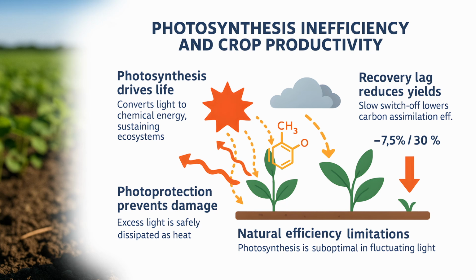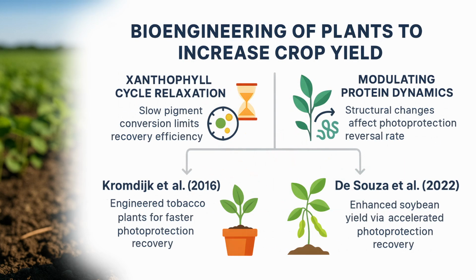Model simulations have indicated that these inefficiencies can reduce crop productivity by 7.5% to 30%, depending on canopy structure and environmental conditions. One of the key contributors to this lag is the slow relaxation of the xanthophyll cycle, a process that regulates the conversion of specific pigments involved in energy dissipation. Additionally, the conformational dynamics of light harvesting complexes within photosystem II further modulate the rate at which photoprotective states are